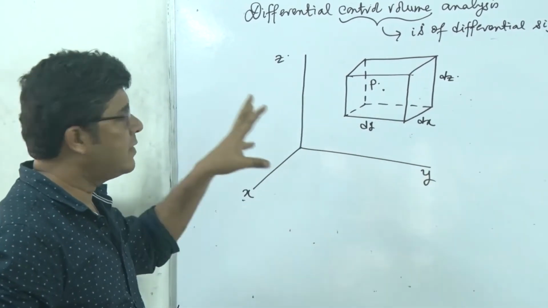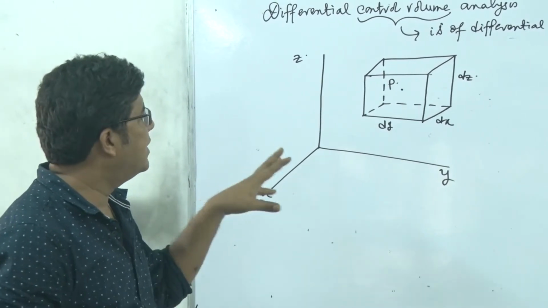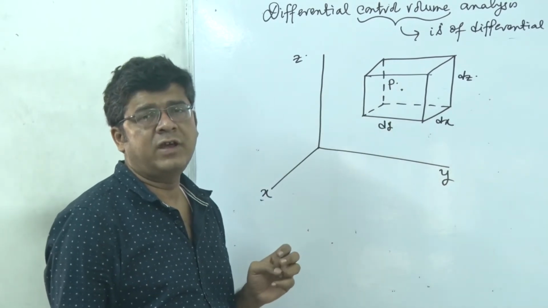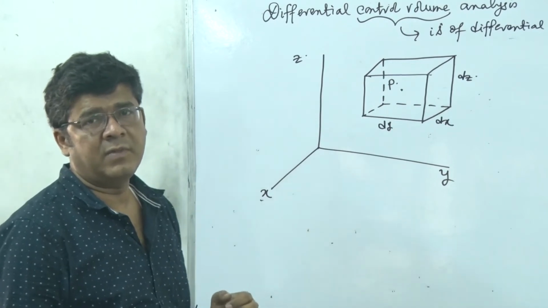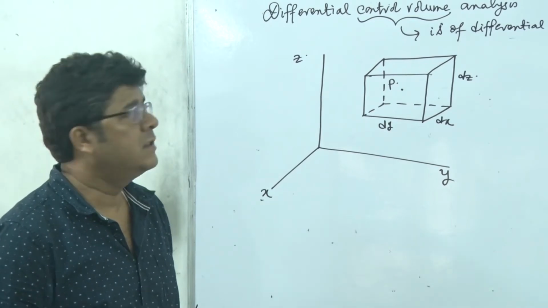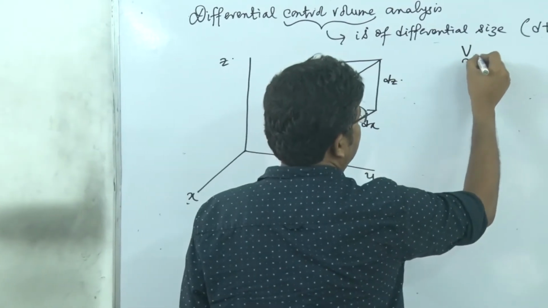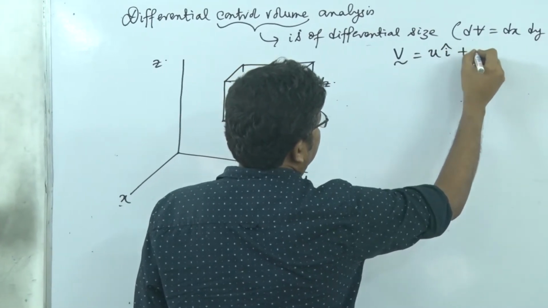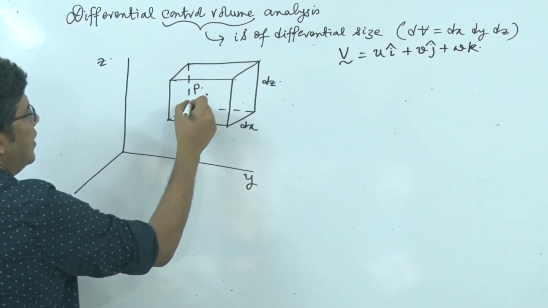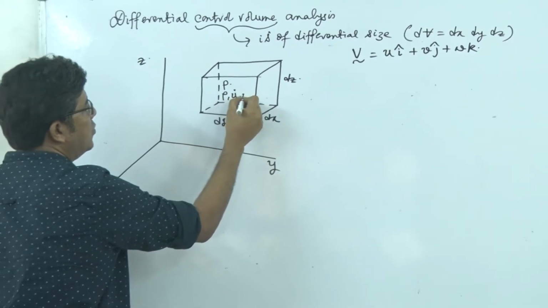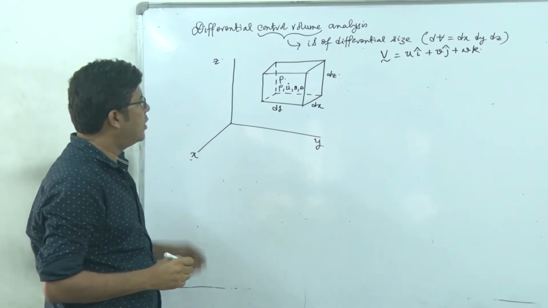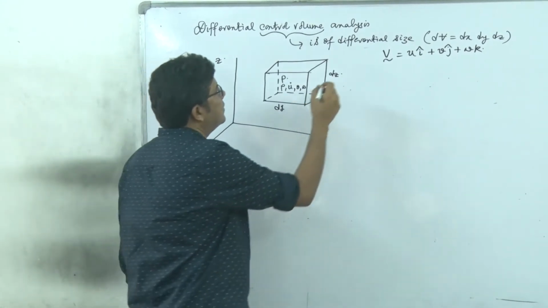You see that in the Eulerian paradigm, everything is a field variable. So at the center, the pertinent hydrodynamic quantities for conservation of mass are rho and the three components of the velocity vector. Here we are considering the velocity vector in the same representation, V equals ui plus vj plus wk. So at the center, the values of these variables are rho, u, v and w, right? Over this specific control volume, I apply conservation of mass.